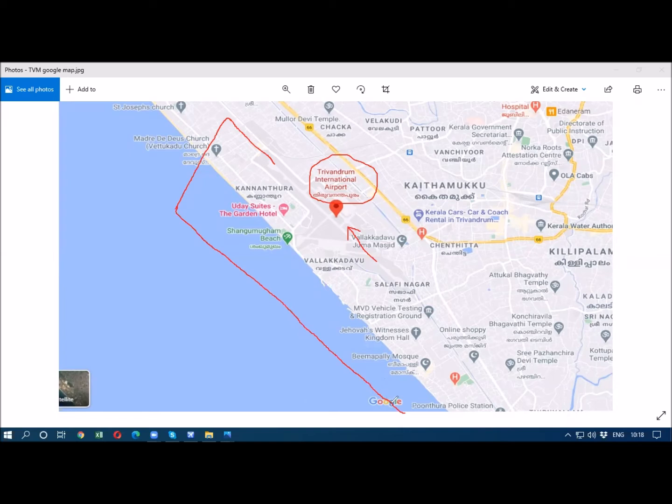And when we are about 8 to 10 nautical miles from the touchdown point, we will take a heading change to, let us say, 010, and we will intercept this runway 32 at approximately 30 to 40 degrees.